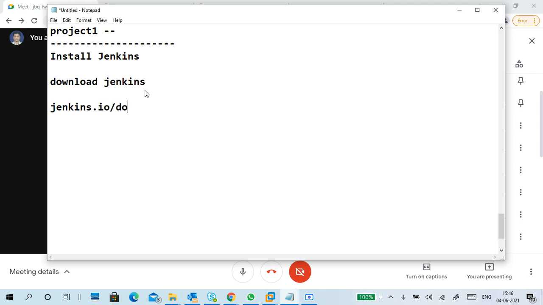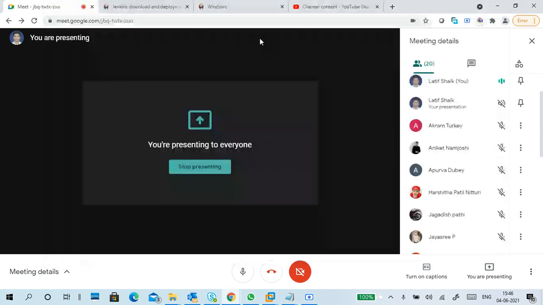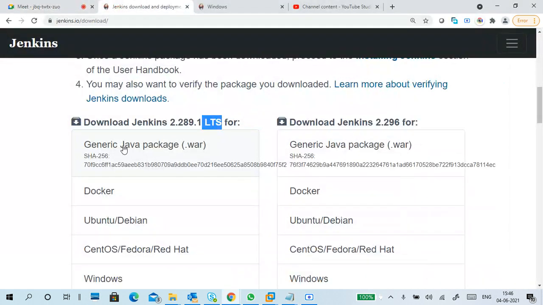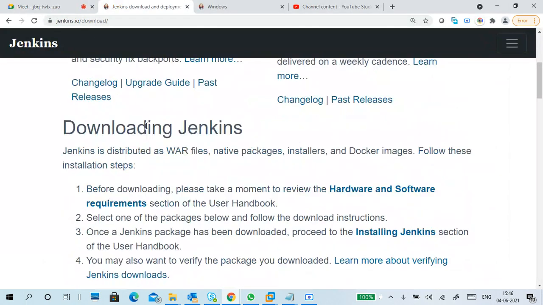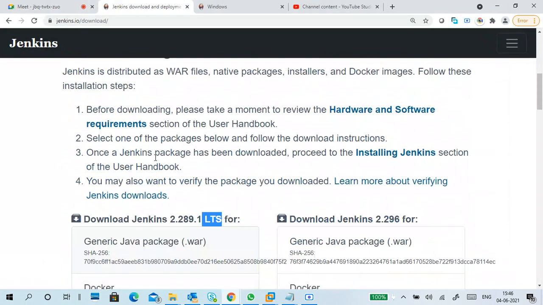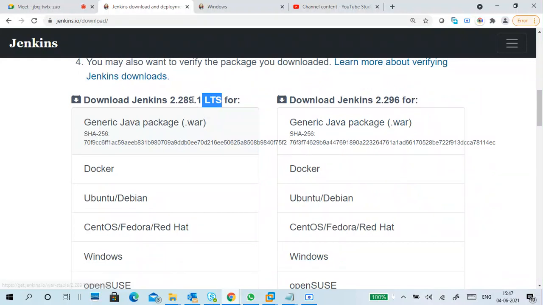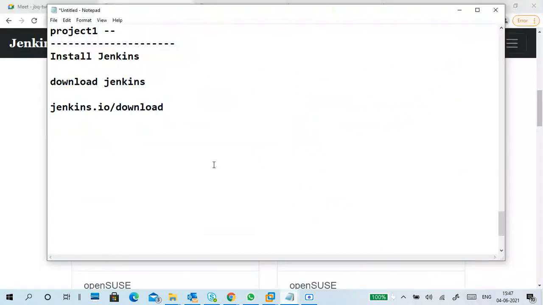Go to /download. You have to download this file here, the LTS version only. And which file are we downloading? The generic Java package.